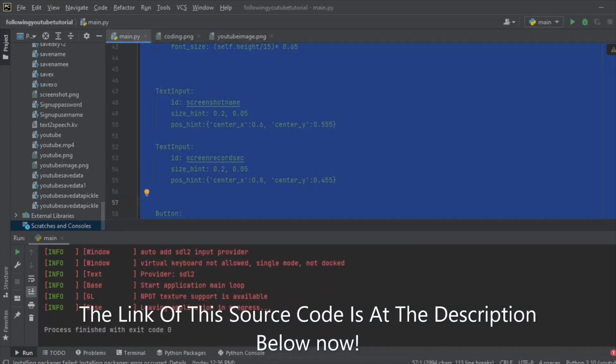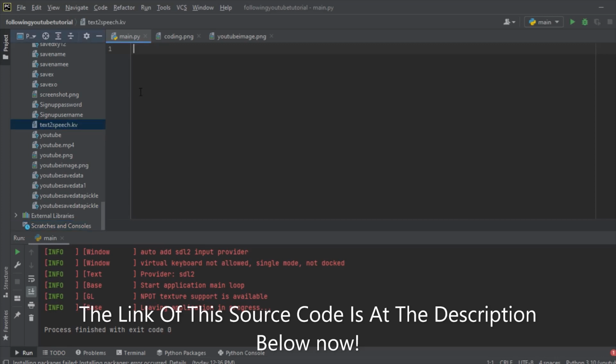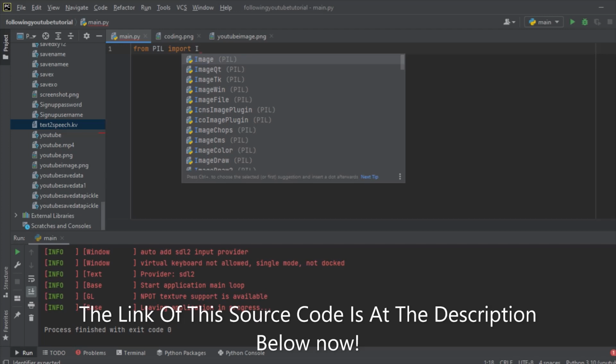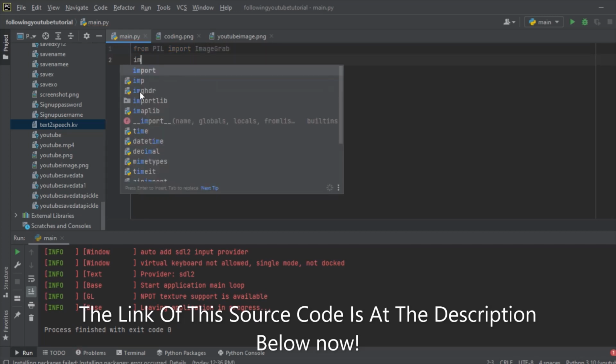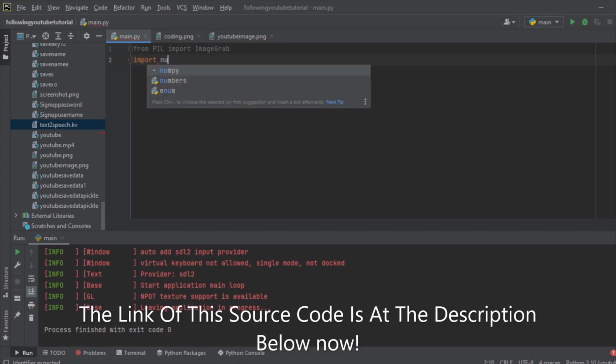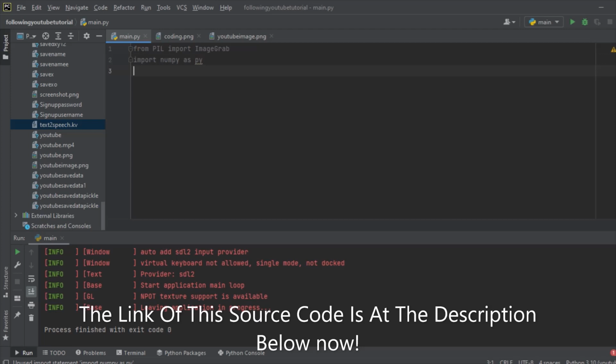So the first step now is to import all the most important properties. So let's first start from, I'm going to write from PIL import ImageGrab, then also import numpy as np, and also we write